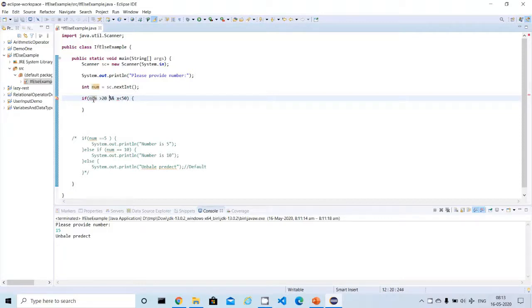So this is one of the logical operators I'm trying to use here, in combination with relational operators. This greater than and less than, we have already seen as part of the previous videos, which is useful to check the left and right operands, and based on that it will give a boolean value, right?